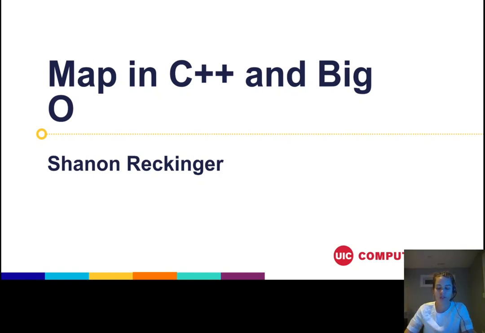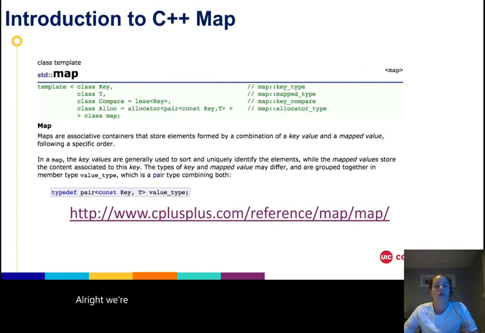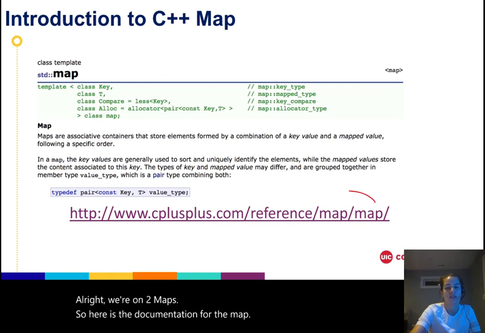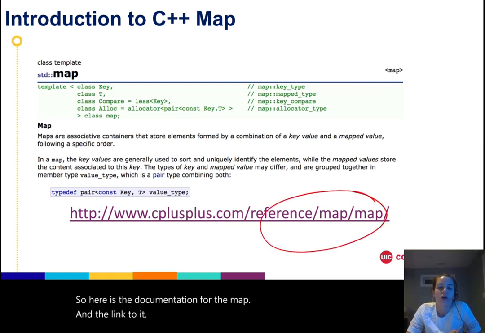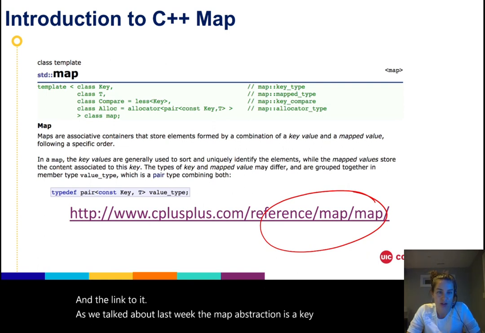All right, we are on to maps. So here is the documentation for the map and the link to it. As we talked about last week, the map abstraction is a key value pair abstraction, and it is a way